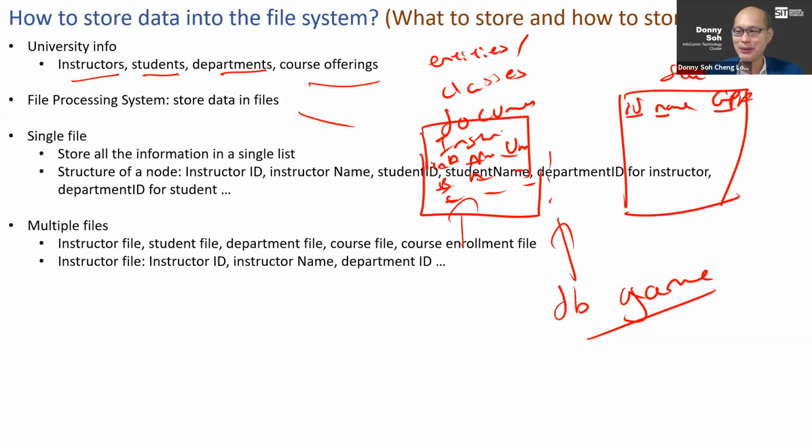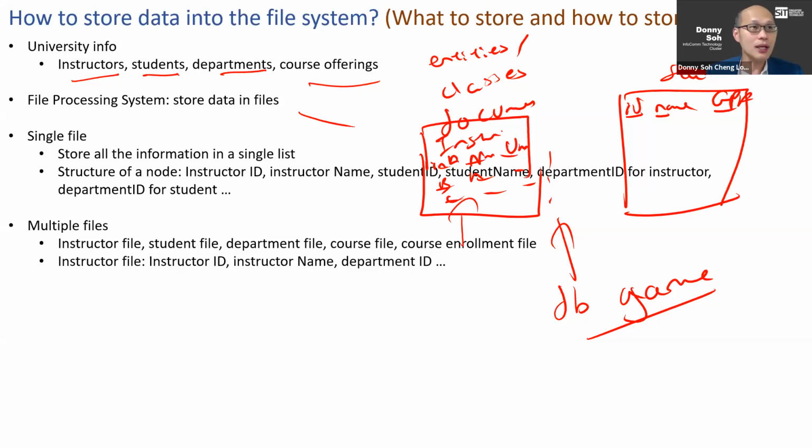So maybe a bit of background. I'm actually from SIT. I'm not from DigiPen. My background is not exactly in database technology as well, so there's also a lot for me to learn and pick up along the way, and we're all here to